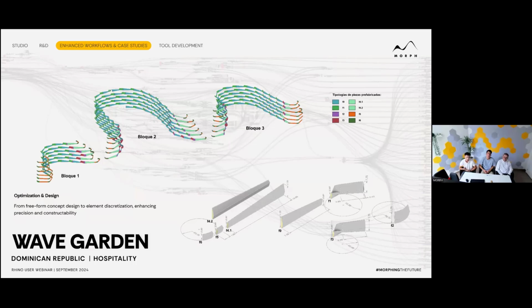In the early stages of the project, we helped design the outline of the buildings, taking this into consideration. Element discretization and optimization was much easier later when they came to the phase of having to build it. To ensure precision and collaboration with the rest of the disciplines in the execution phases, we produced an IFC file